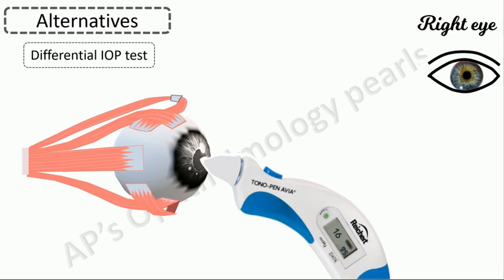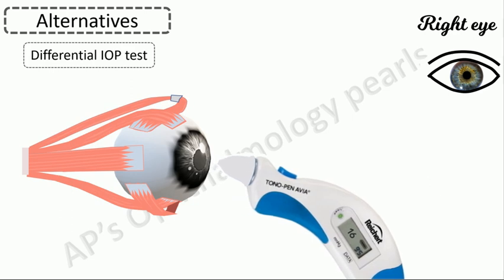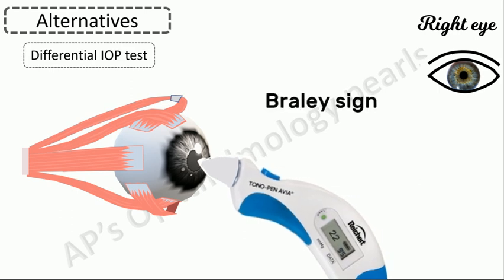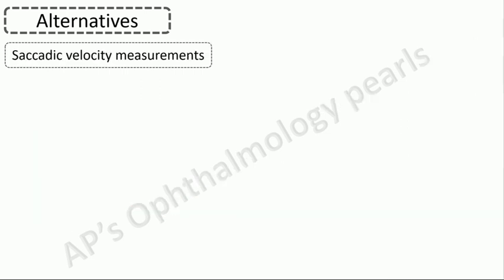In the differential IOP test, the IOP is measured in the primary position of gaze and then with the patient attempting to look in the direction of limited mobility. An increase of 6 millimeters or more denotes resistance transmitted to the globe by muscle restriction. This is called the Brazy sign. When the muscle is acting against resistance, more force has to be generated. Along with that, the tight muscle presses on the globe, increasing the intraocular pressure. This test causes less discomfort and is more objective.